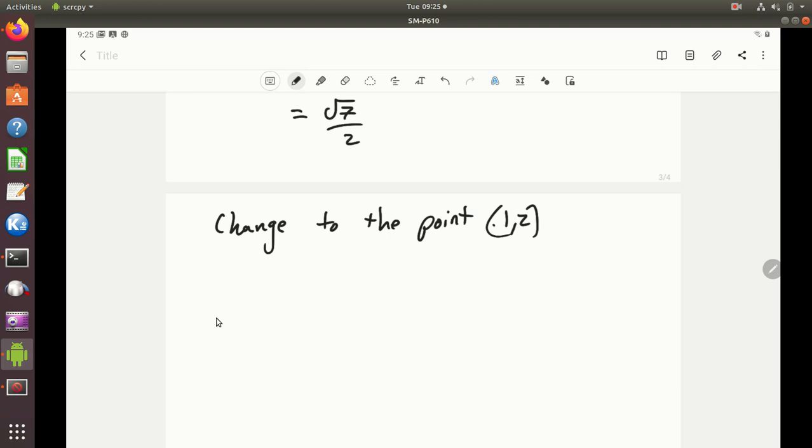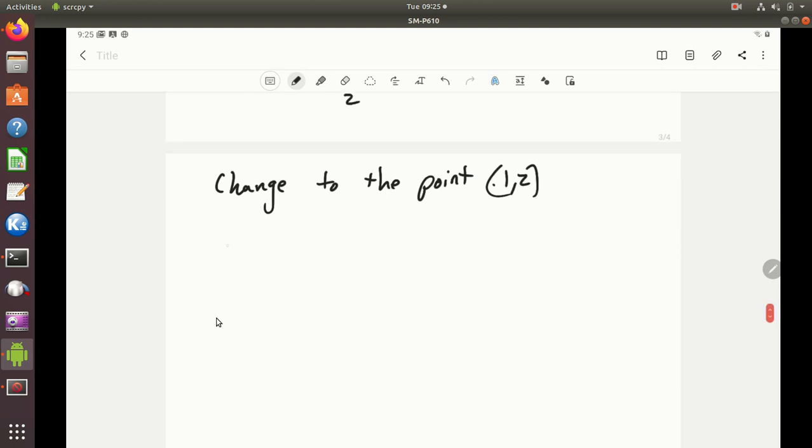Now, what does that change? Well, our distance squared now of x is going to be 1 minus x squared plus 2 minus the, what was it, 4 x squared minus